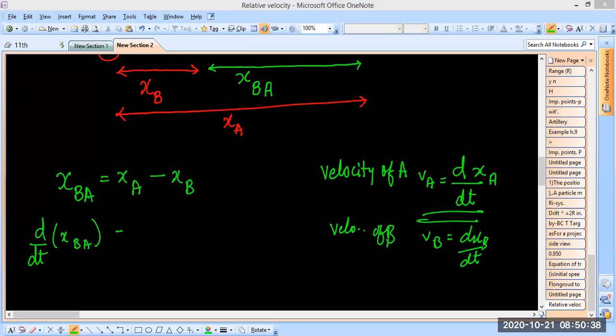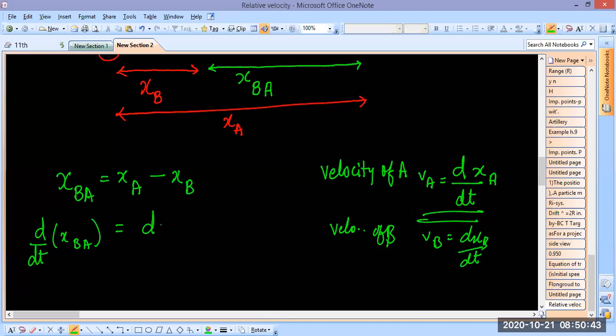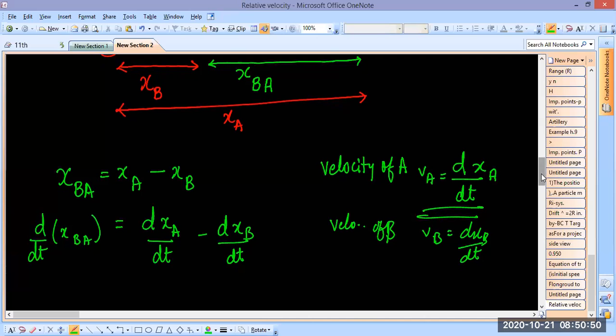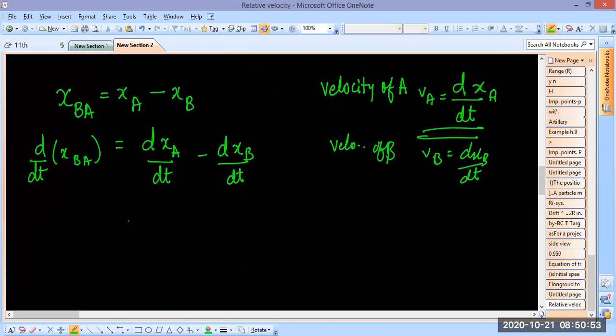differentiation of the whole thing, right? So by using the subtraction rule, this is what we get. So now this is clearly va minus vb. Now what is on the left side? What is there on the left side is very interesting to understand. xba means position of